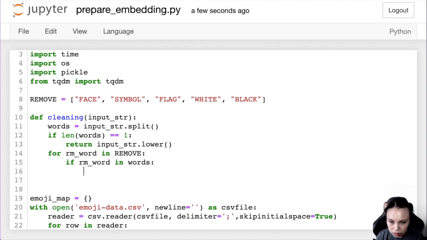If the word is in words, then I would do a pop, words dot pop RM word.